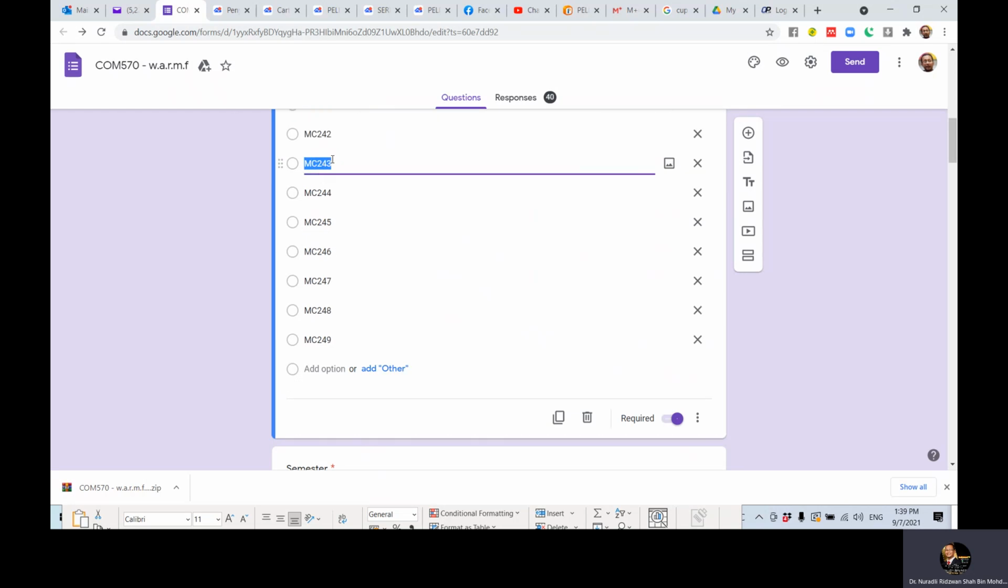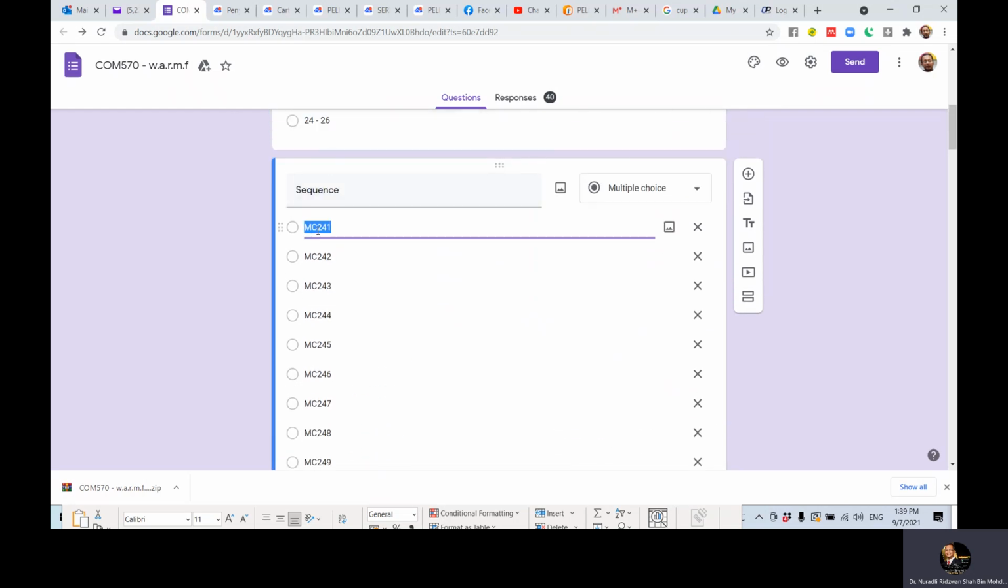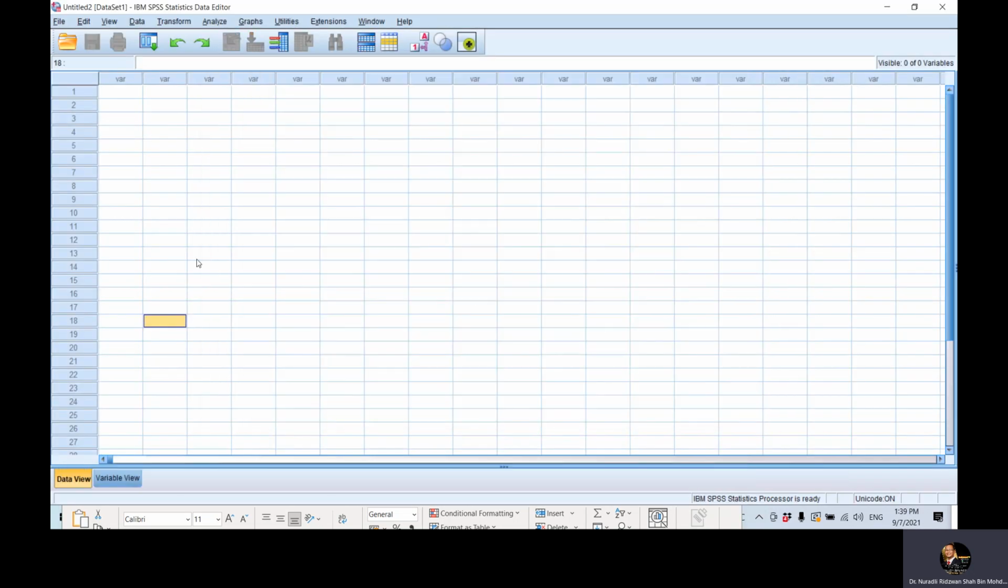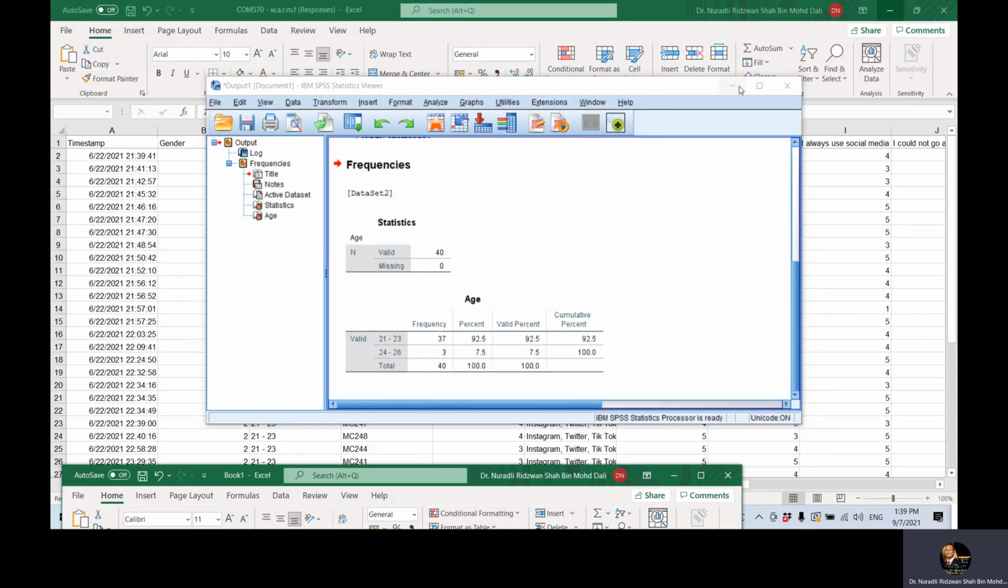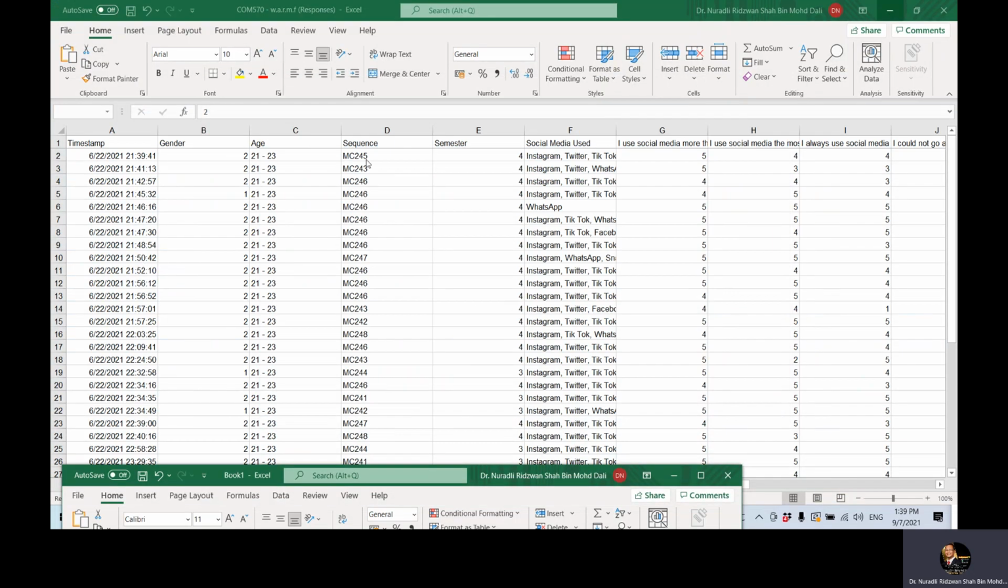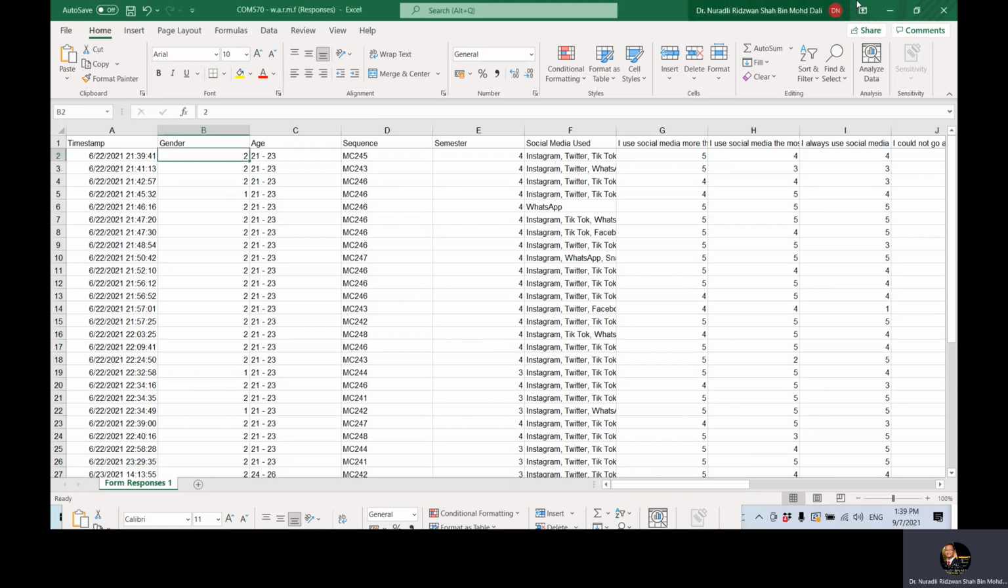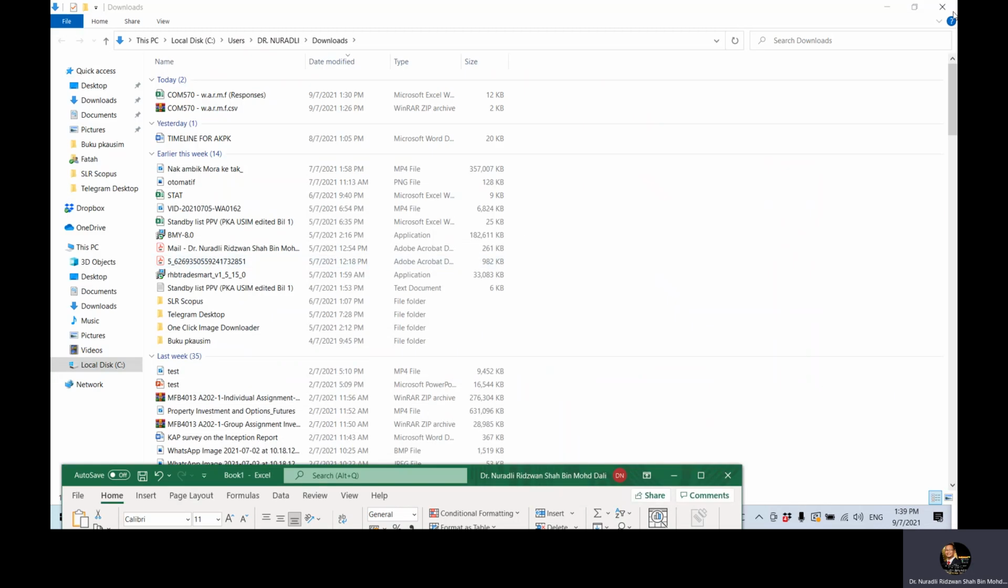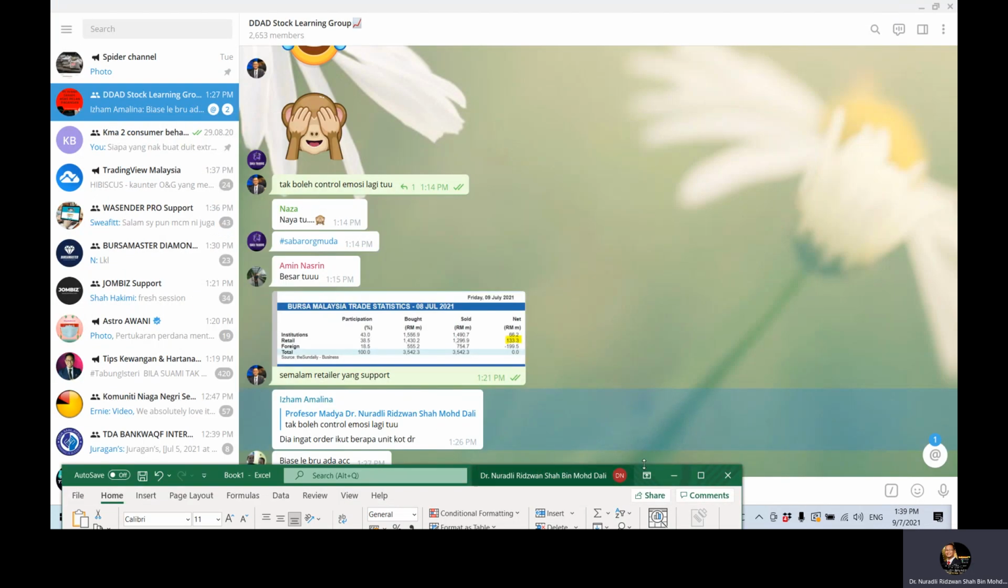For example, you take MC241. Copy, right? You go to, for example, here. You need to go for your MC241, and you transform. You go and then you need to transform. This is Excel, sorry. You need to go to